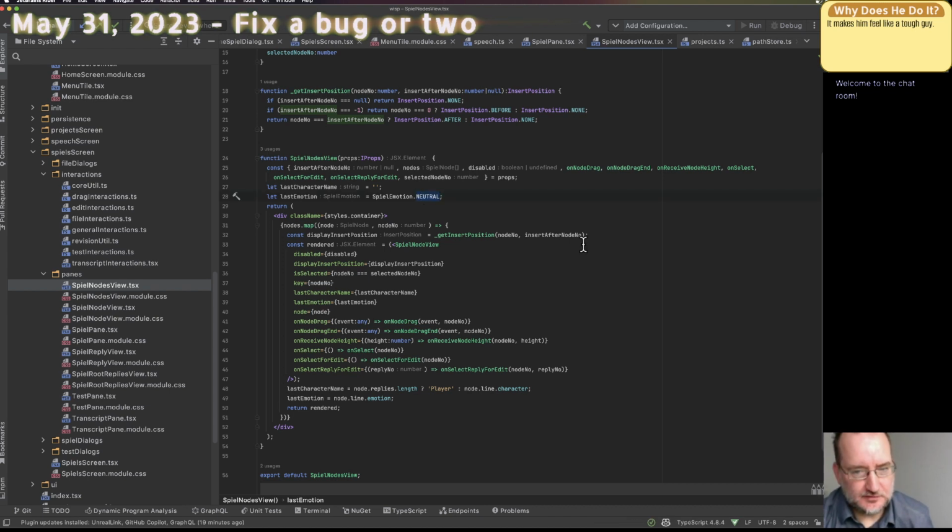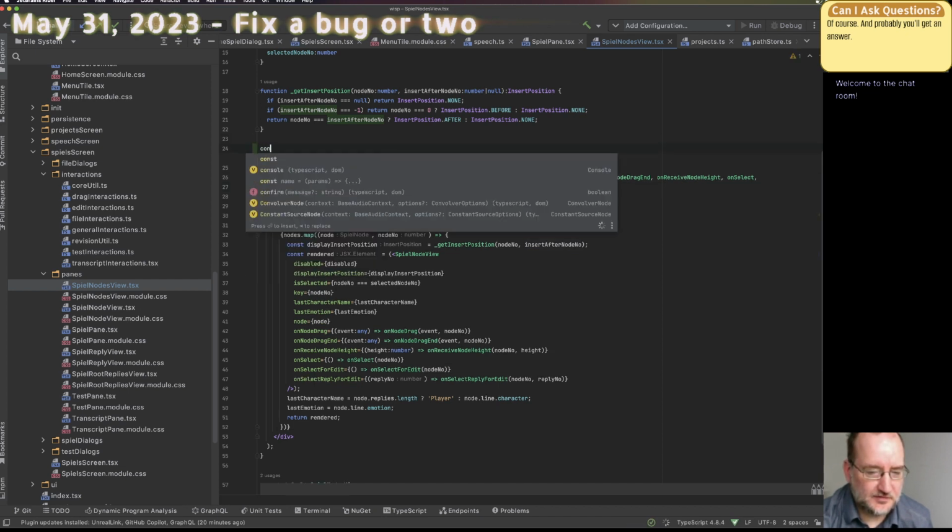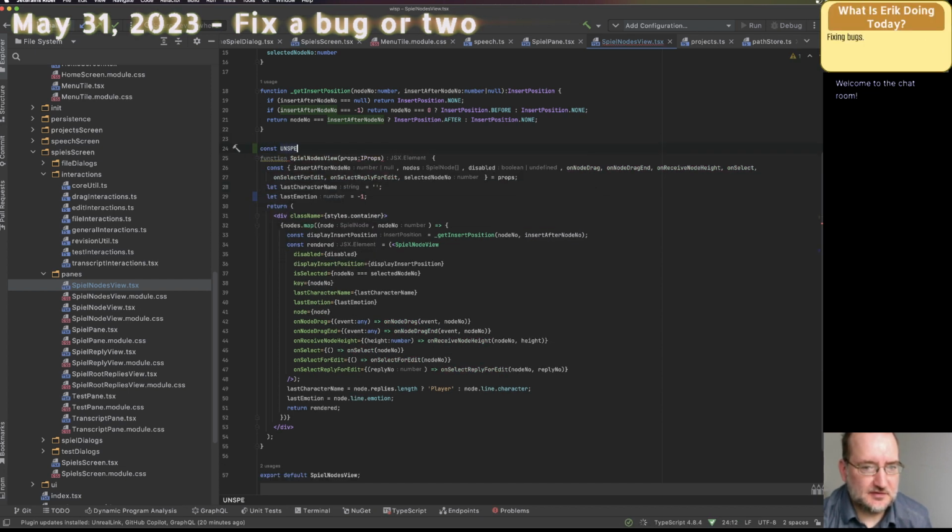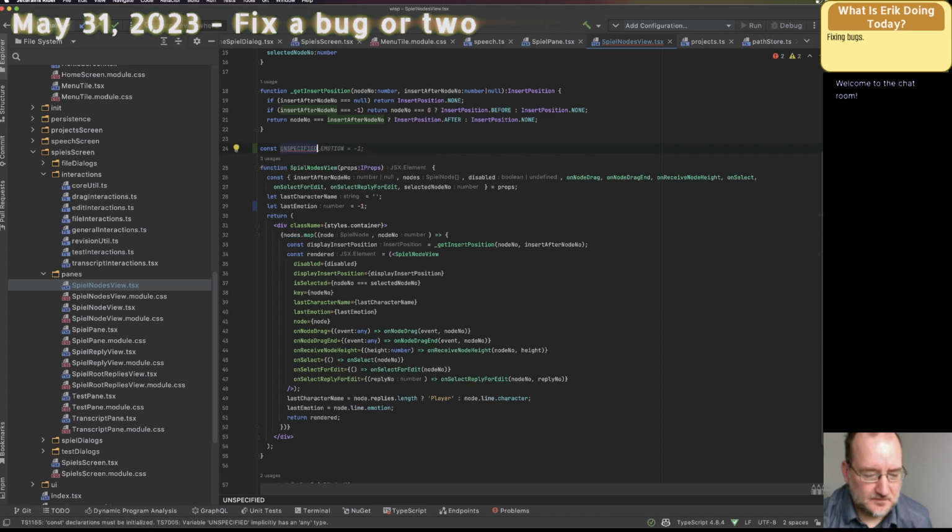So if I set it to, do I have a count? I don't. -1. What if I do -1? Let's do const unspecified emotion equals -1, and then let's do specified emotion.